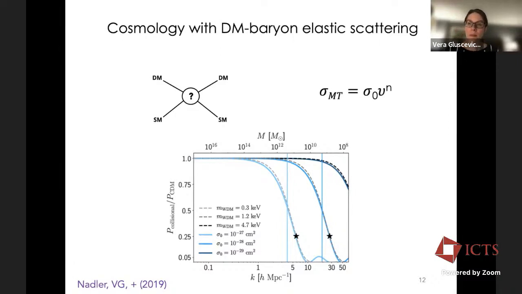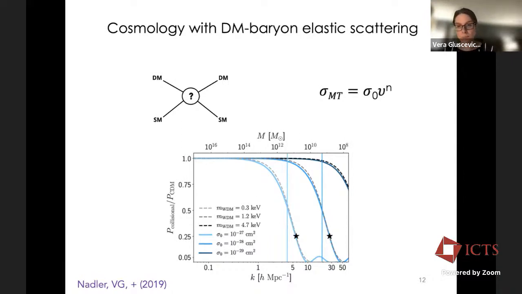And so if you want to describe this scattering process for cosmological purposes, you may as well work in the context of the effective non-relativistic effective theory of dark matter baryon scattering. And if you do so, you can really easily parameterize a whole swath of models that you can write down by basically defining a momentum transfer cross-section, shown on the right here, as a power law of the relative particle velocity v, where this power law index n depends on the momentum and velocity dependence of the operator that